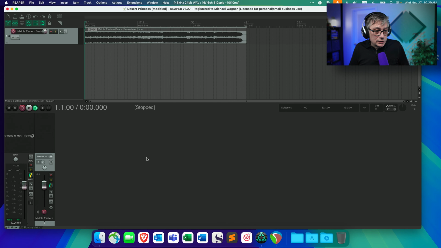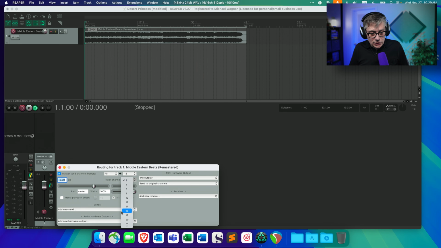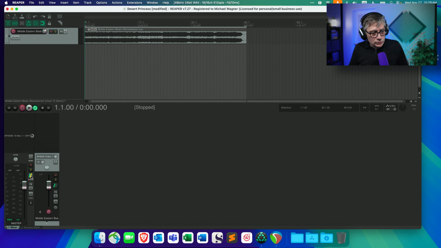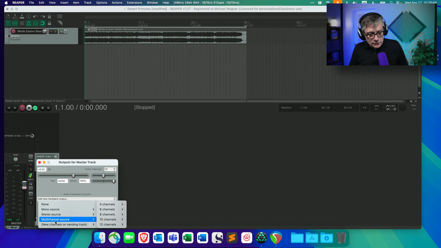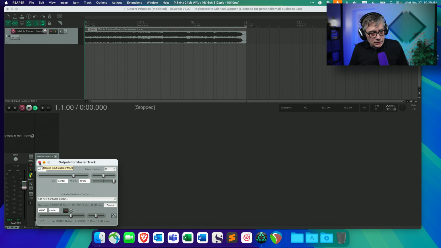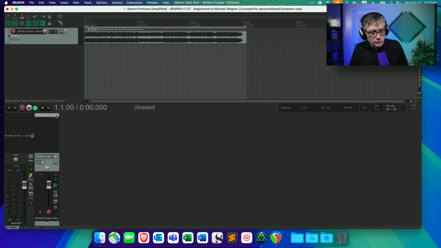I want to turn that track into 7.1.4, and for that to work, the first thing I need to do is change the track channels to 12. Then I also need to change the output, the master bus really, to 12 channels as well. And I need to make sure that all 12 channels are also sent to the actual output. And that should be everything there is to it.